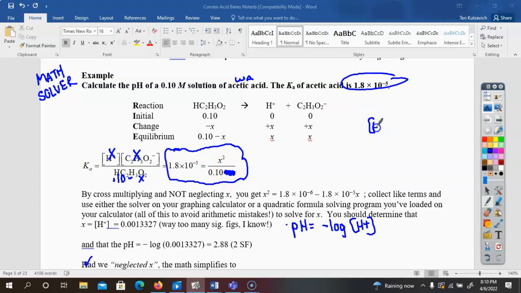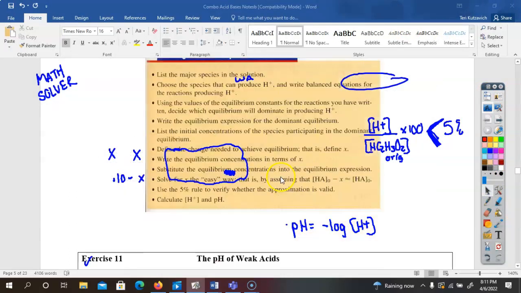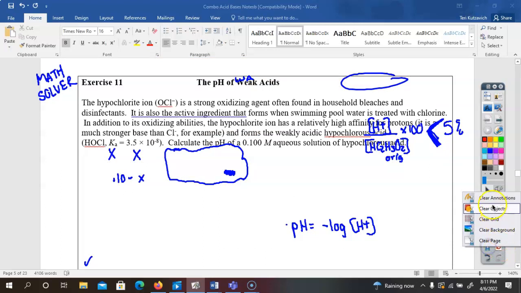When can we neglect the x? Well, we're assuming that it is such a small dissociation. If we take that H plus divided by the original acid concentration times 100, we're assuming that it's going to be less than 5%. Because that's such a small dissociation, that's why we get rid of that x. There is something we have to do if it comes greater than 5%, which we'll talk about, but as of right now, you do not have to do the quadratic on the AP test, so we're going to ignore the x. You can read about why we're doing this,